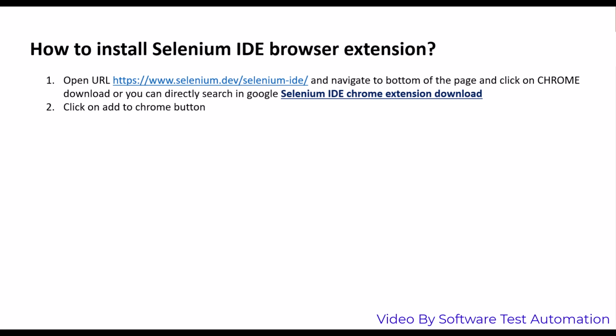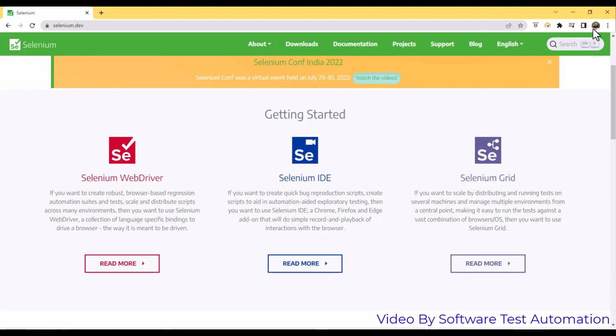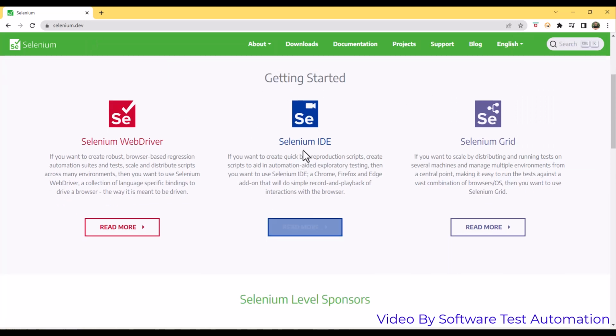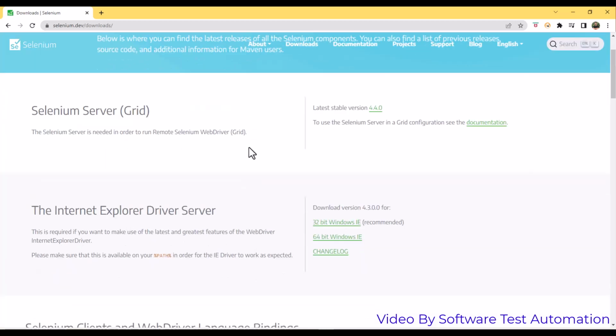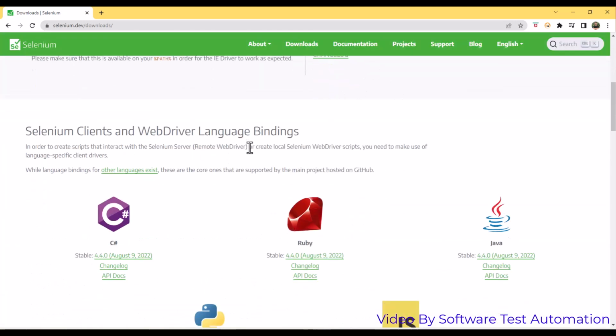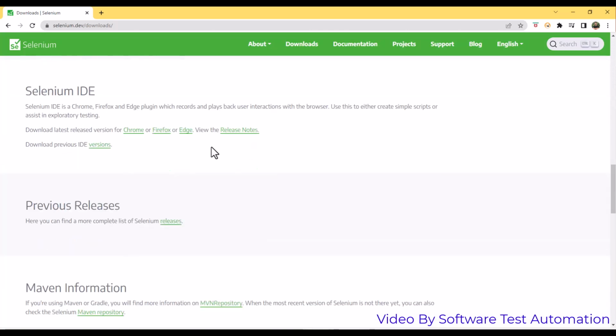Okay, let's see now how it works. So I have this Chrome browser. You can use any version. I have latest version of Chrome browser, so I will go to this Selenium page, and here I have download sections. Go to this download section, and here if you just scroll down a little bit, you will get a Selenium IDE. Okay, so it is available for Edge also. Okay, so I will click on Chrome,